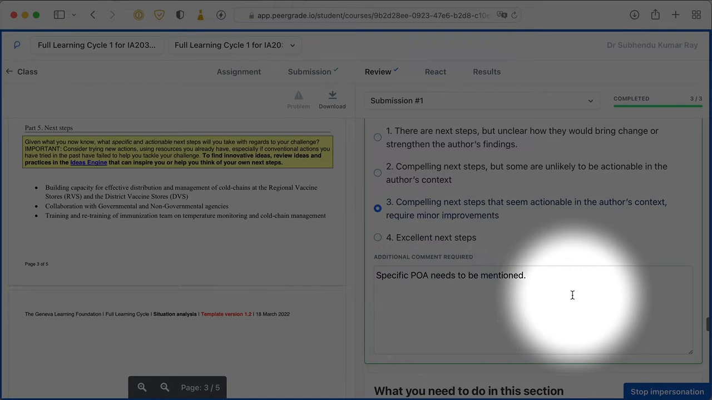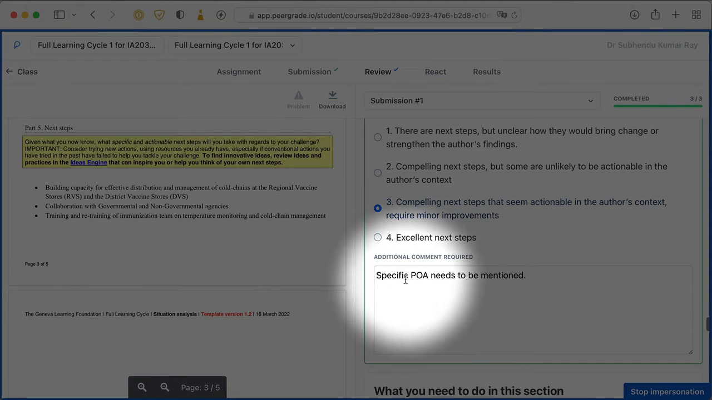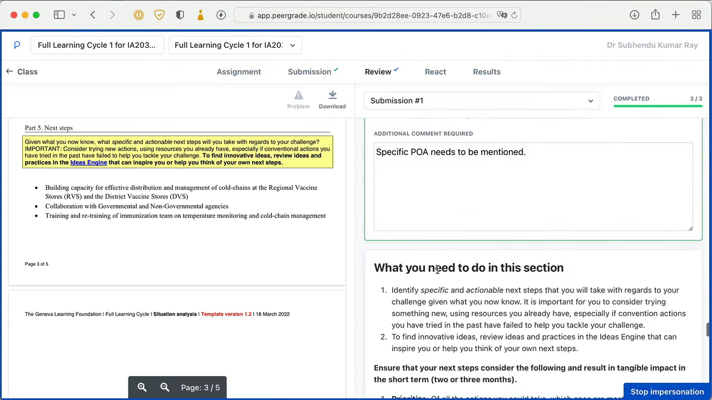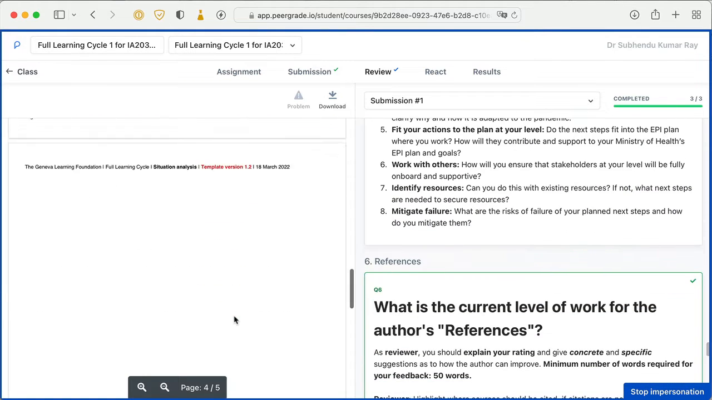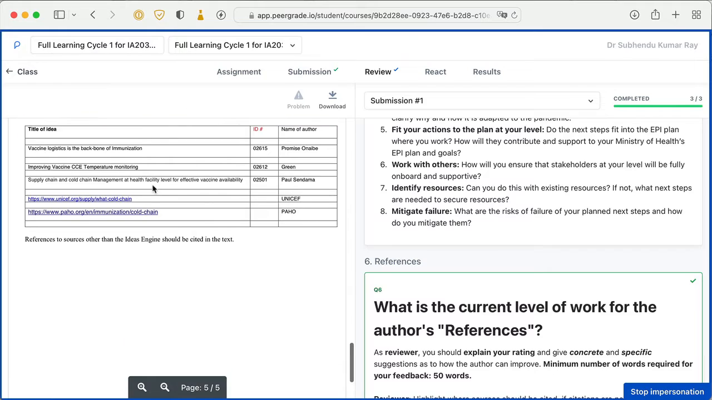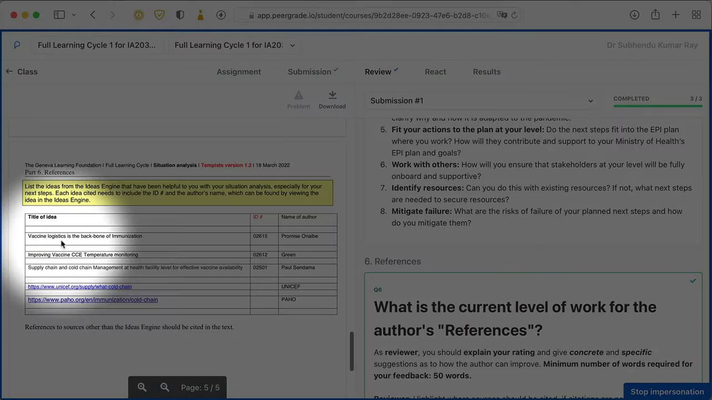And you could say, but if I'm the author, this doesn't help me. What I would want the reviewer to do is to tell me how do I make this plan of action, my next steps, more specific? And again, you have a lot of guidance here, which I encourage you to read. And now let's see, okay, the last one looks good,